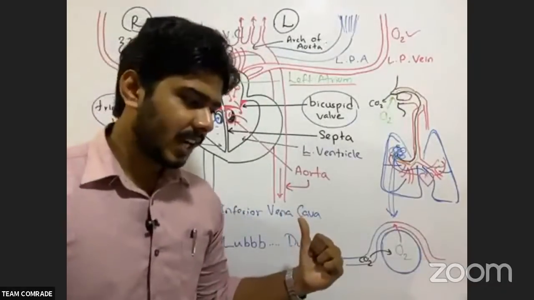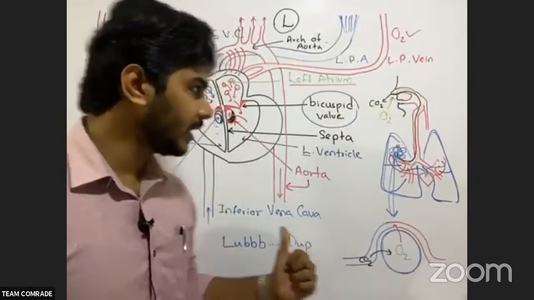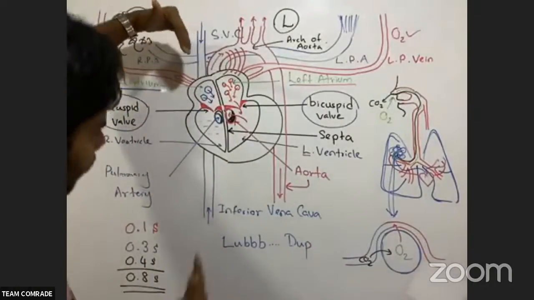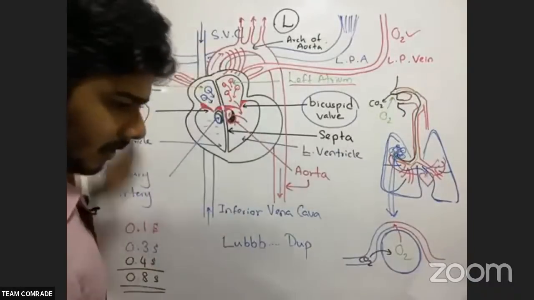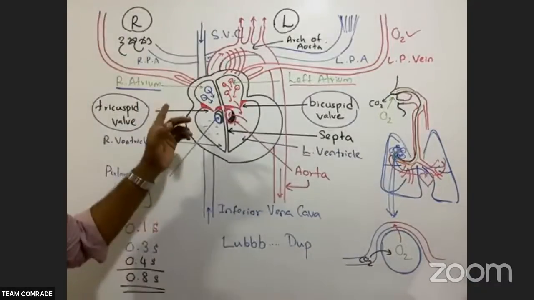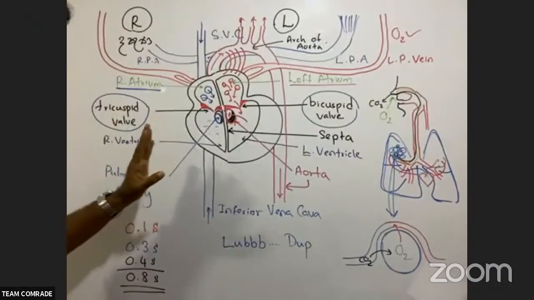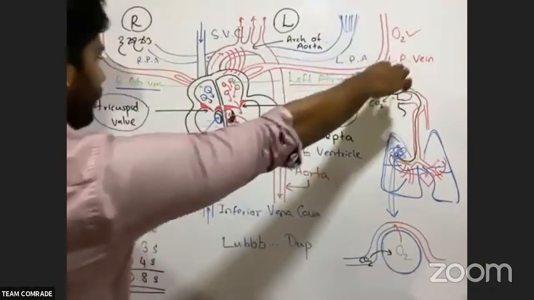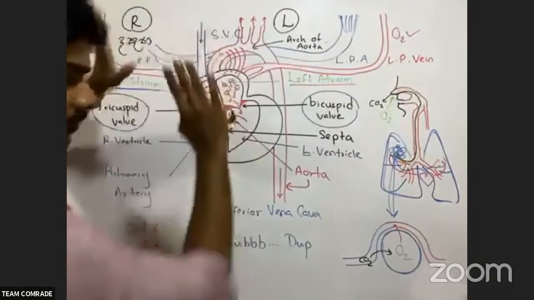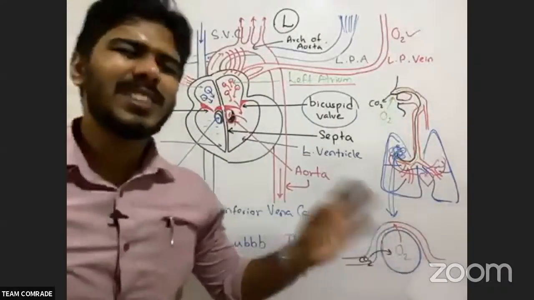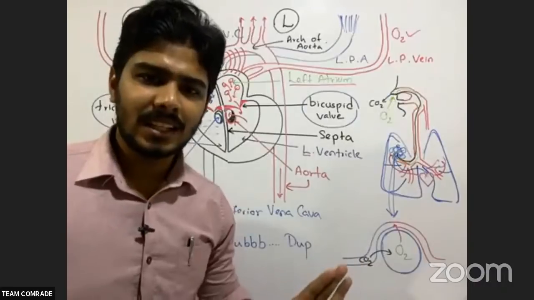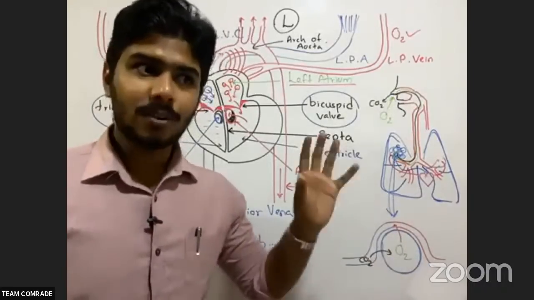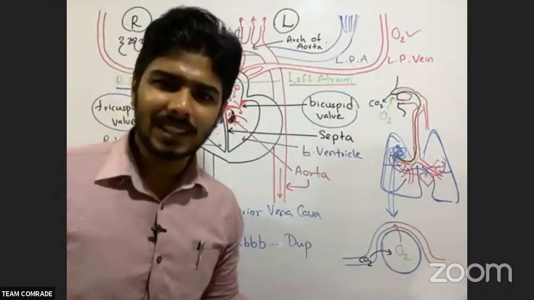The main veins are connected to the atria. You see, the superior vena cava and inferior vena cava enter from this area. Then, opening into the left atrium, the left and right pulmonary veins enter the heart from this side. So you need to know the logic, my dears, in each and every single thing when you are studying science, so that you can enjoy it. You have to gain knowledge. That is why we are learning.